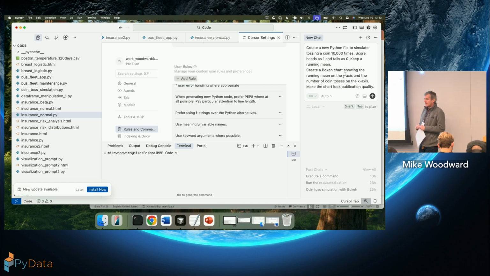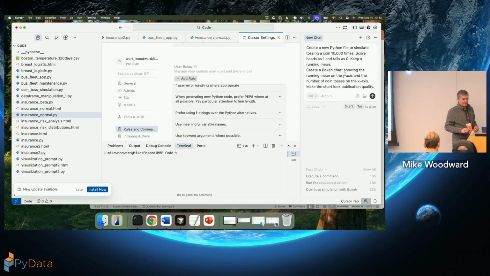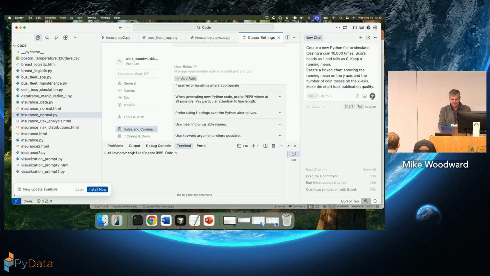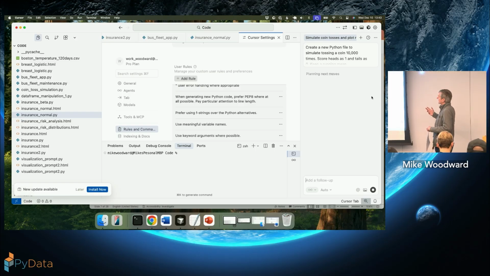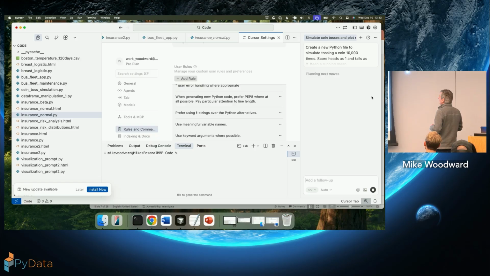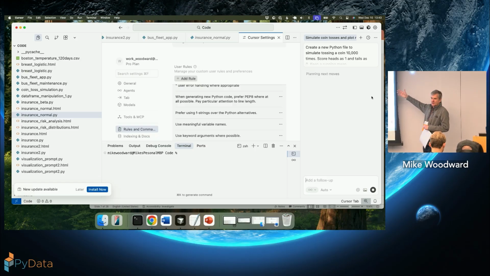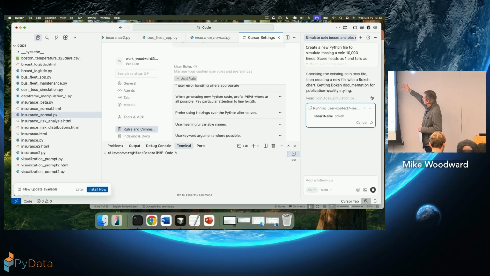Now, I know Bokeh. I know a lot of people here know Bokeh. It would probably take you a couple of minutes to generate something like that. But let me just click on this little button here to submit. Right, so what it does is it's analyzing my request. It's telling me that it's planning its next moves. It's going to analyze what's going on, and provided that there's not a million other people trying to do the same thing at the same time, it will eventually start generating some code for me. Right, okay, there we go. It's going to start, and it will show me the generated code.